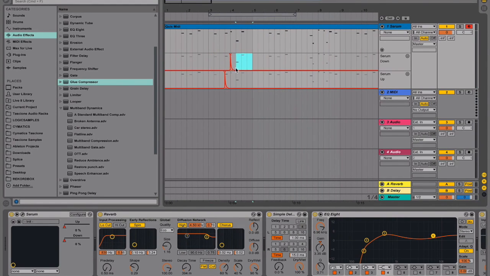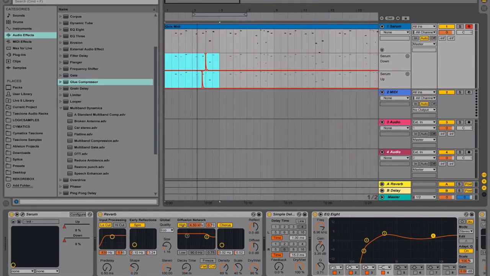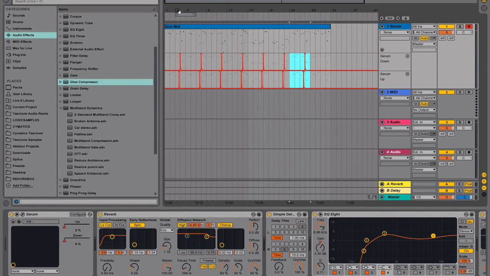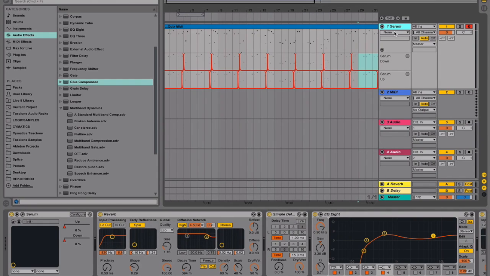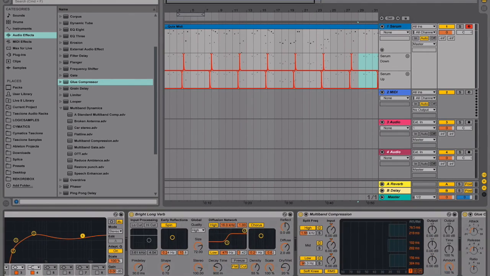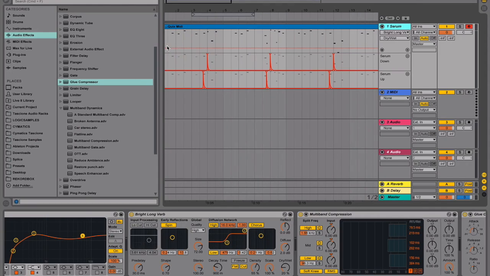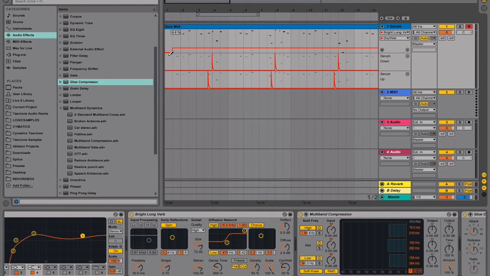So what we're going to do is select these 4 bars, and we're just going to hit Command D to duplicate it across this entire MIDI patch right here. All right, the next thing we're going to automate is this reverb. So we're going to start with automating the dry wet. And basically what we're going to do is make sure that this reverb is all the way off at the start of every 4 bars. So right here, it's going to be off,